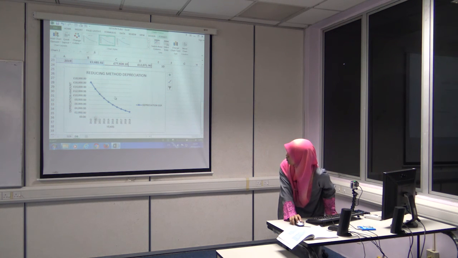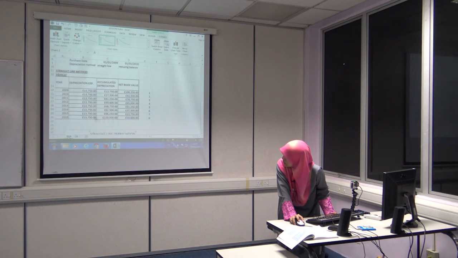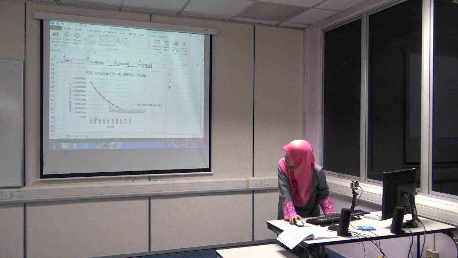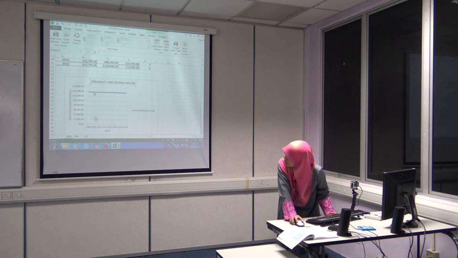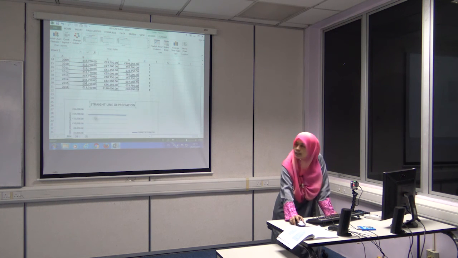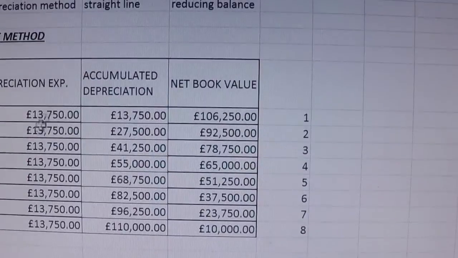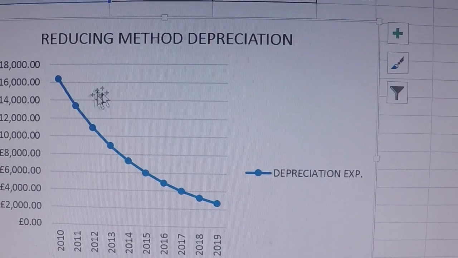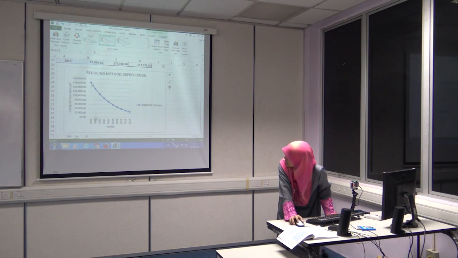So you just completed creating the two depreciation charts, or the two depreciation graphs. One under straight line depreciation, and the other one for reducing balance. So you can see the difference. For straight line depreciation, you have a straight line because you have an identical depreciation expenses amount. But for your reducing method depreciation, you have a